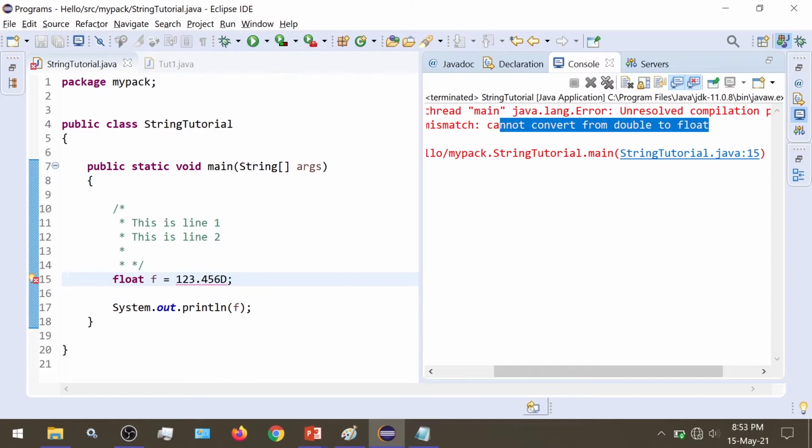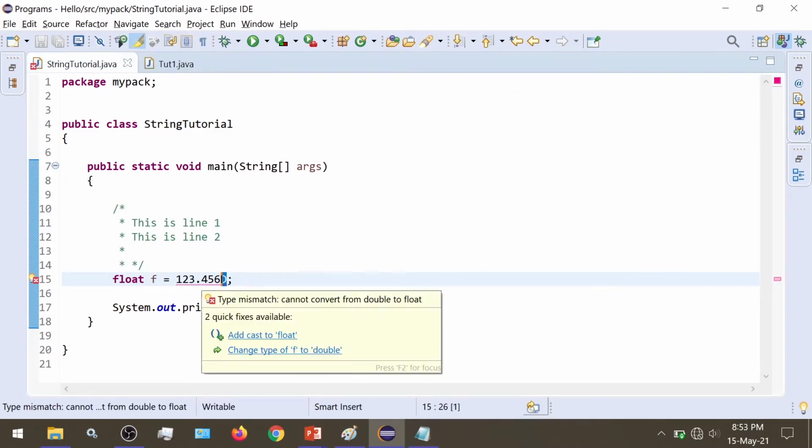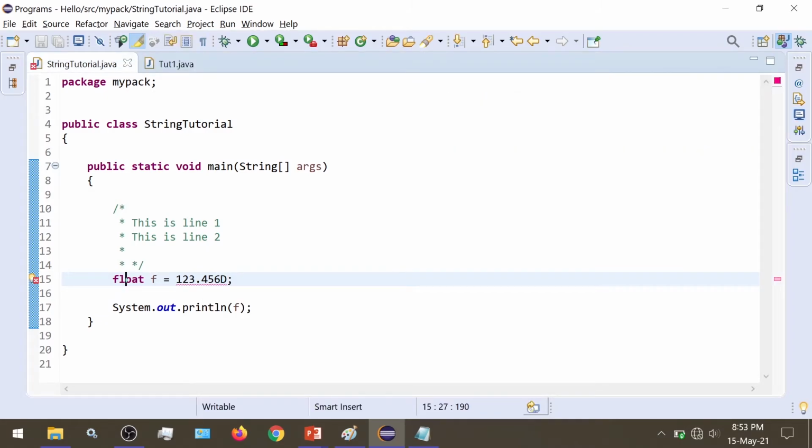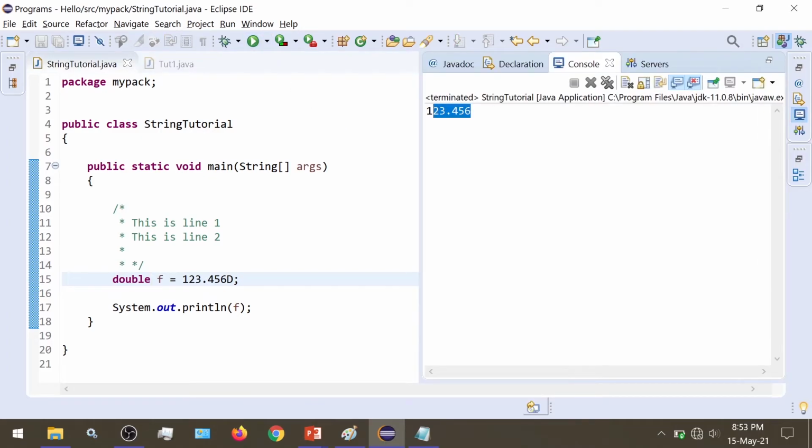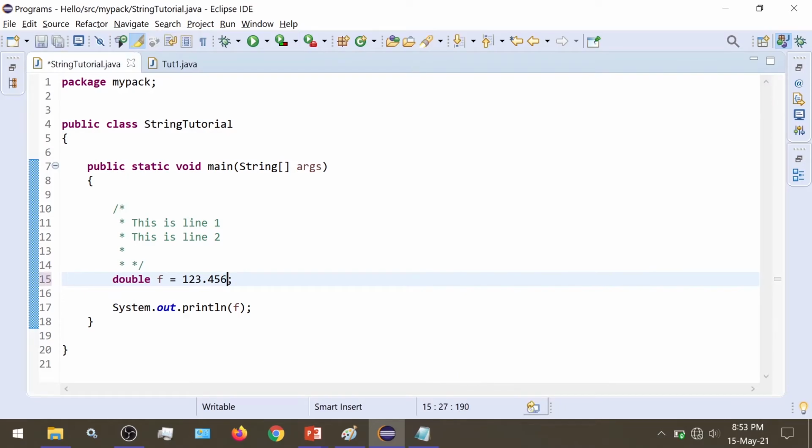Just as we use f to indicate a float value, we can use d to indicate a double value. So if I change the type of this to double and try to run this, yes, this would work perfectly, because this d indicates a double value. Even without the d, the program would work, because the default interpretation of floating point values is double.